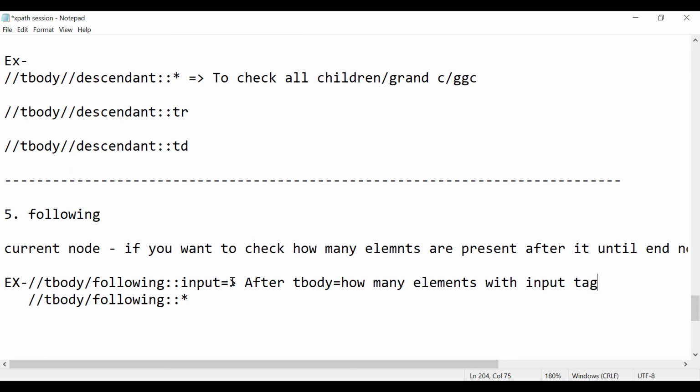It will give the number of elements with the input tag after tbody, and the star will give you all elements after tbody. Okay, so that is the fifth one. So let's go and see the next.